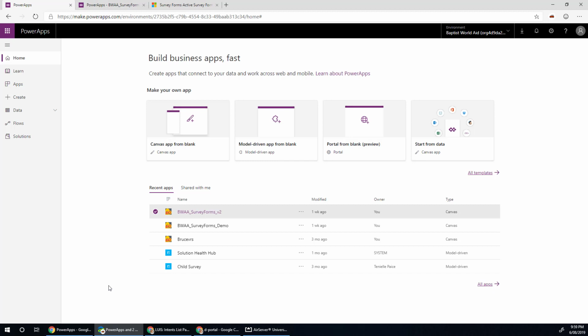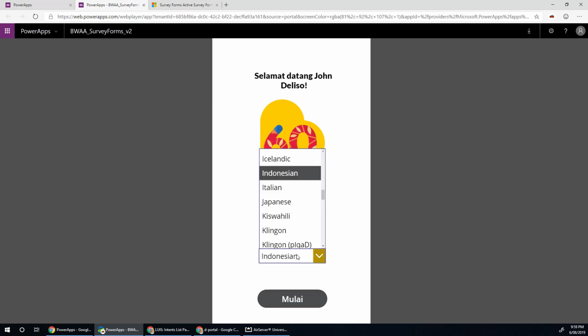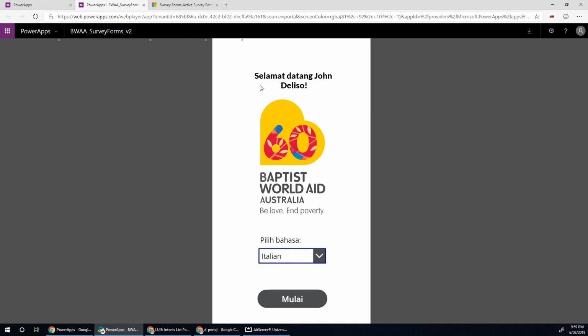Asia. They try and capture surveys from their field staff. Now, in those 10 different languages, they can't really be in one application that does that and then reports it back into one language for their reporting as well. So they created this application, and right now I've got Indonesian selected as a language. If I was to switch it over to, say, Italian, it would switch the text over to Italian.